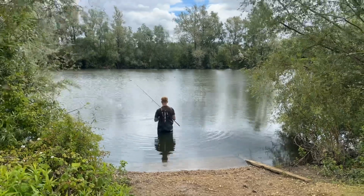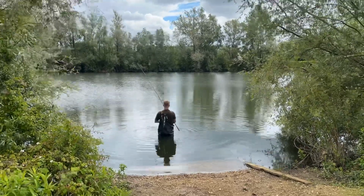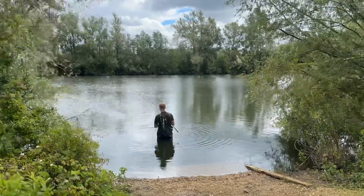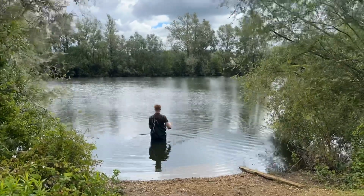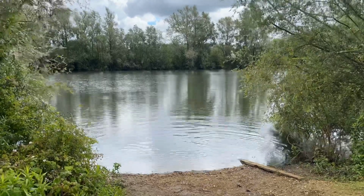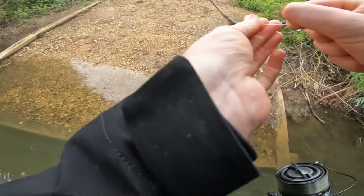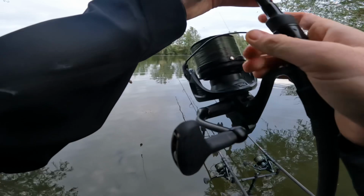I'm not sure whether it's surprisingly or unsurprisingly, the area was really soft. It was deep, probably around 12 to 14 foot deep, and it was going down with a really soft drop. And bringing the lead back, you could feel straight away that it was super smooth, indication of silt, I would say. So I'm more than happy to fish on the silt. I've done it plenty of times before, so I thought, right, I'm 100% going to fish that area in the night,